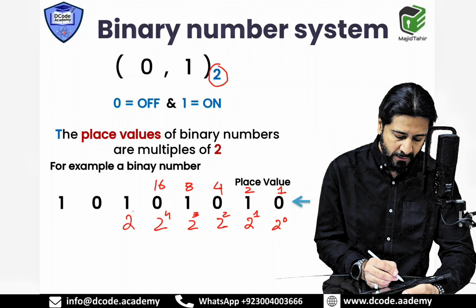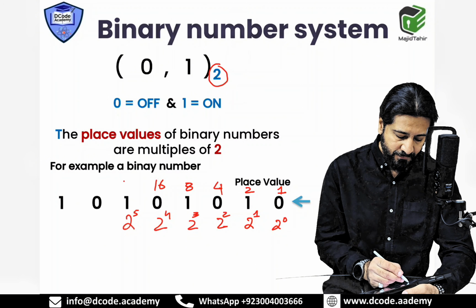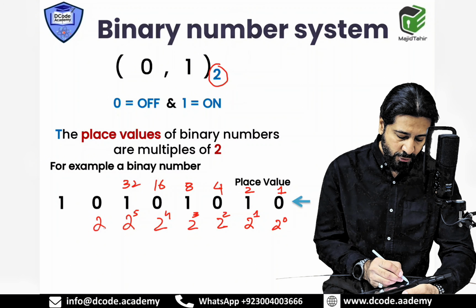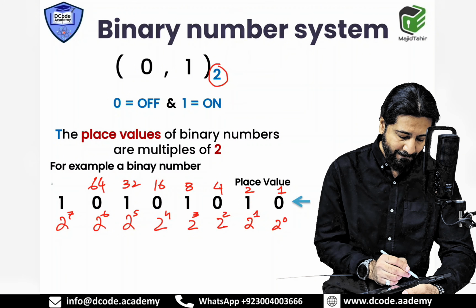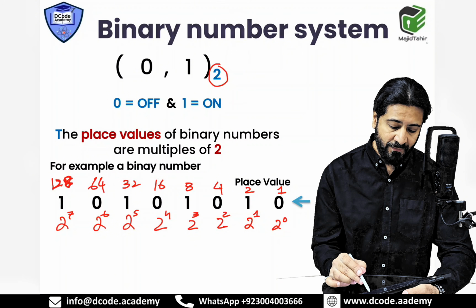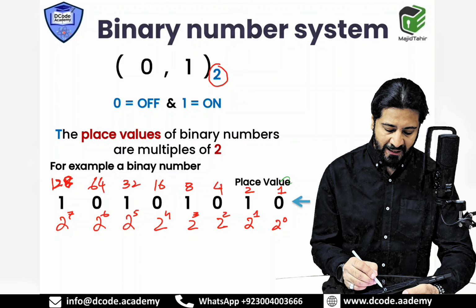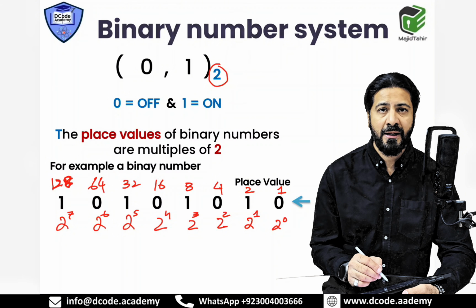2 raised to power 5, 32. 2 raised to power 6, 64, and 2 raised to power 7, 128. Binary number, we have one thing that is important to learn, that every next place value is double of